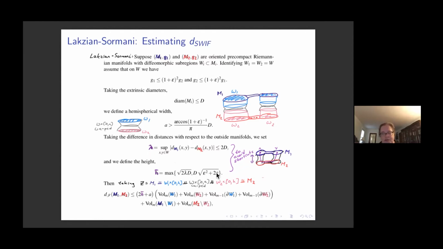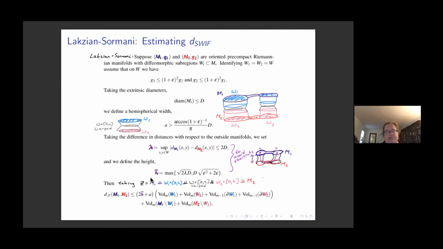So we computed this and we found that if we choose our h bar to be this maximum, which depends on diameter, it depends on the lambda we just chose, and it also depends on these epsilons that were our distortions up here. If we choose h bar to be this max, and then we construct a Z that has a height h bar, then this height a, and then an h bar again,